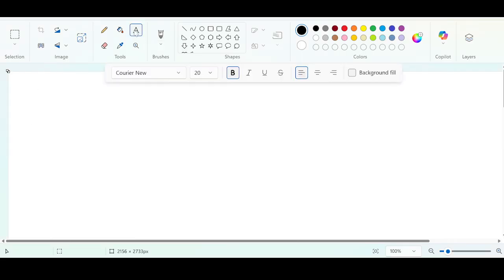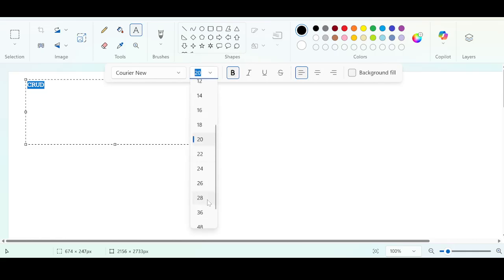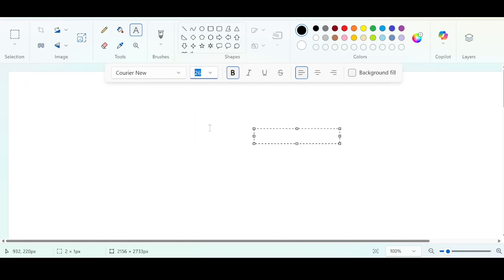Okay. So today we will build a small project based on CRUD operations. Okay. What is this CRUD? We will understand that. So in order to build any Java application,